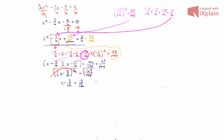And I did forget something, right? Most of you hopefully are thinking, I have to put that plus or minus in there. So I will add 7 twelfths to both sides to get x by itself. Now we have two cases here: x could be equal to positive 13 over 12 plus 7 twelfths, or x could be equal to negative 13 twelfths plus 7 twelfths. So then this means that x will be equal to 20 over 12, which we can reduce down to